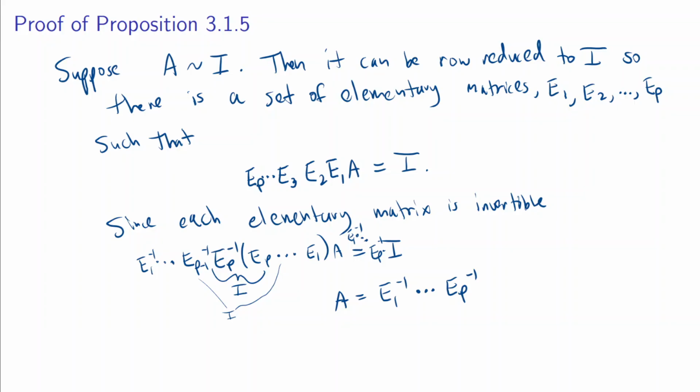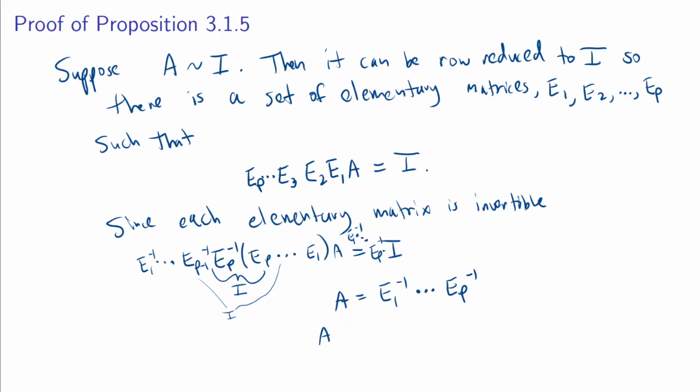It turns out that the product of invertible matrices is invertible. We don't actually need that in its full generality here, but that does help. So we know that A is invertible in this case. But furthermore, let's take a look at what happens if we multiply A, which is now this E1 inverse down to EP inverse, by